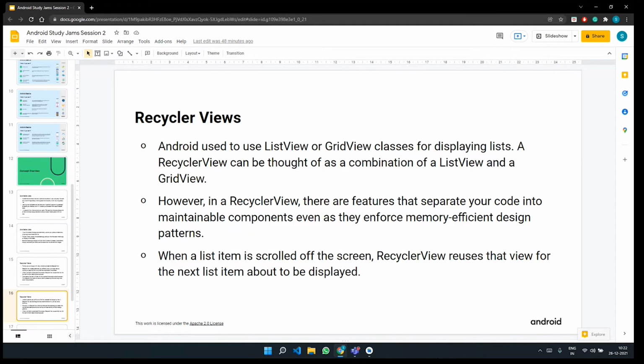There are features to separate your code into maintainable components, and they even enforce memory efficient design patterns. What this point means is that in a code base, instead of writing many lines of code, you are separating your code into maintainable components or features.